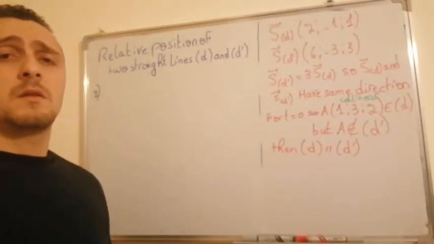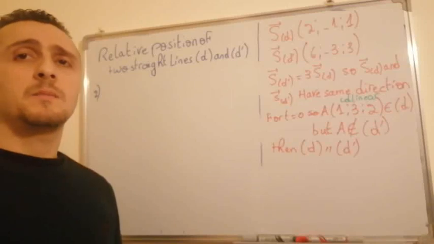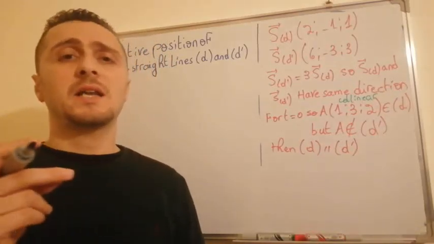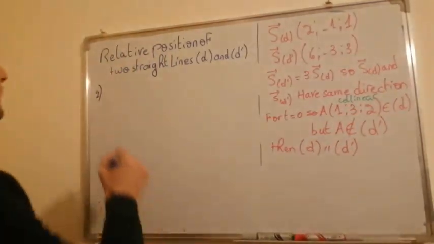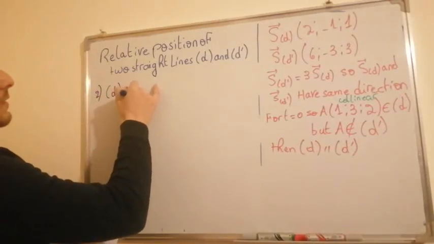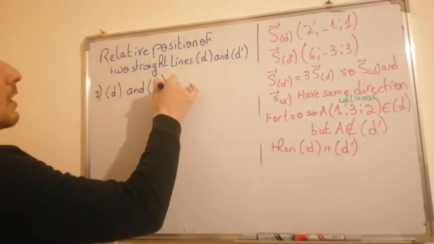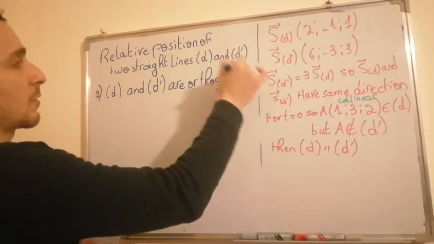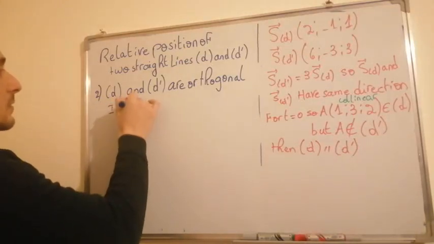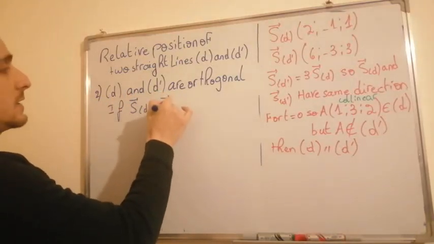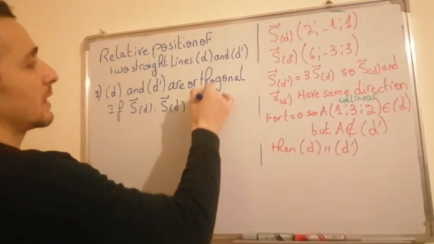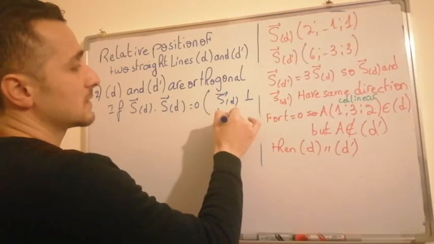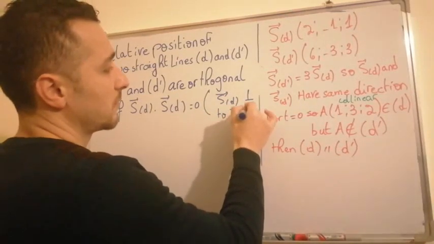Second case: the two straight lines D and D prime are orthogonal if their direction vectors are orthogonal. D and D prime are orthogonal if S_D scalar S_D prime equals 0. I mean S_D is orthogonal to S of D prime. Example,